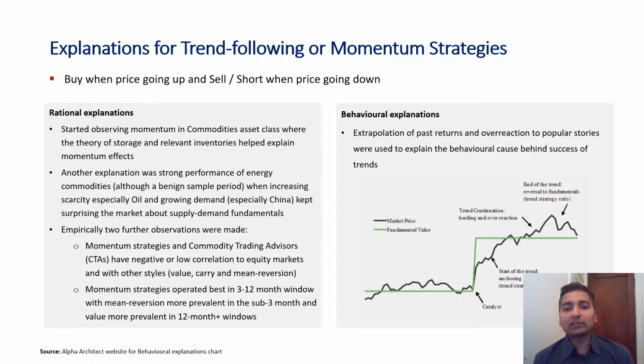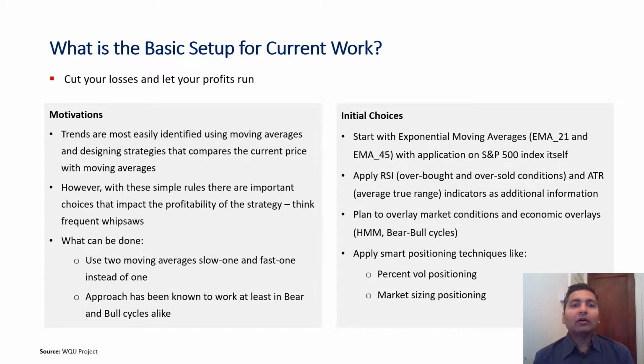This is because some of the investors are still extrapolating the past returns, i.e., they are underreacting to the news initially. Now, when this trend in price becomes sticky because some investors have already started the price movement, others notice this price movement, and then there's a subsequent overreaction. Hence, the price goes beyond the green line, continues the trend, and that is what explains some of these momentum strategies. Now, what is the basic setup of our work?